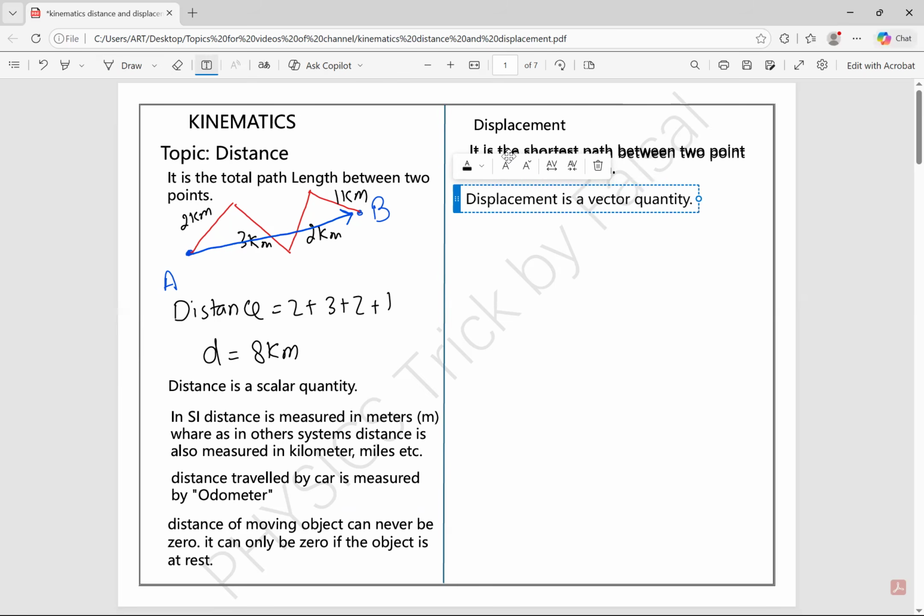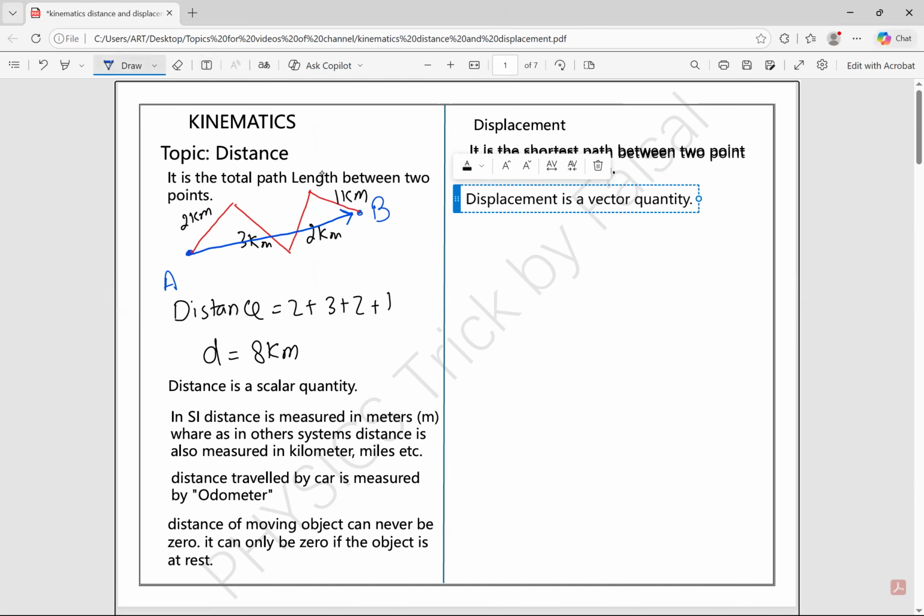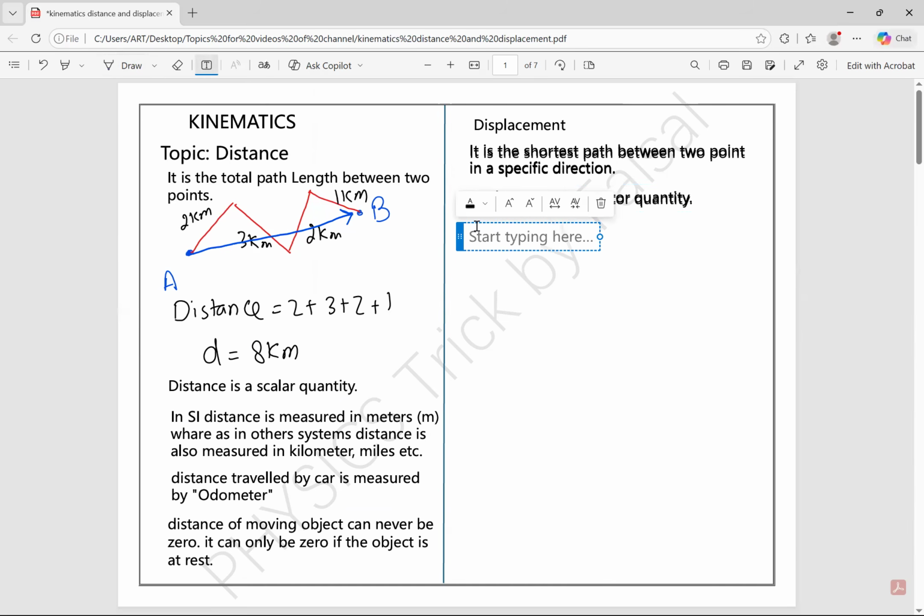All right. And one more point, displacement is also represented by D. All right. And one more thing, dear students,